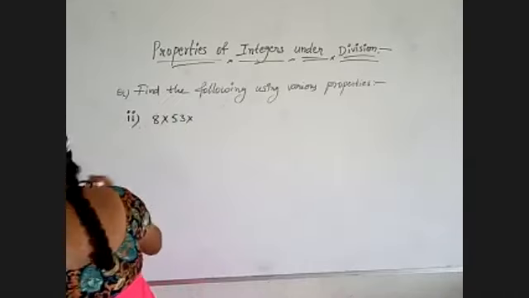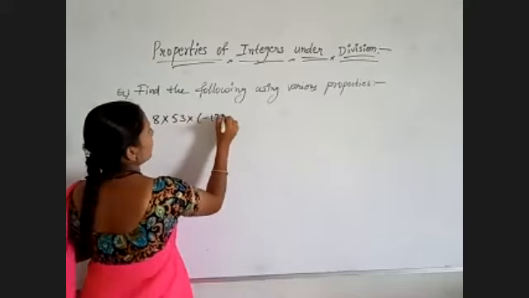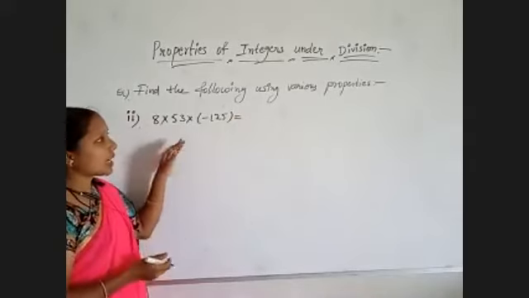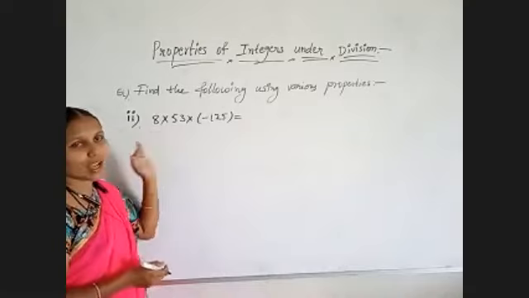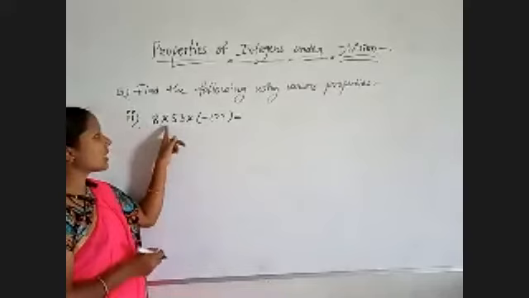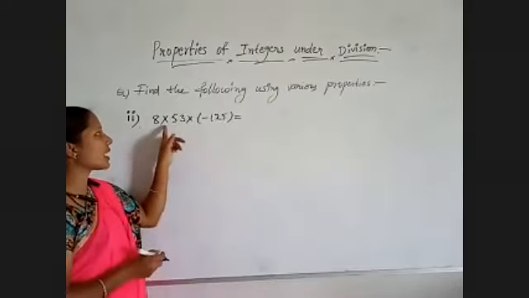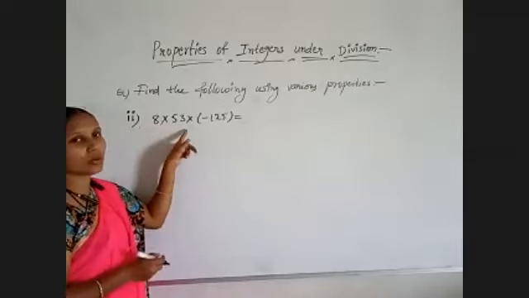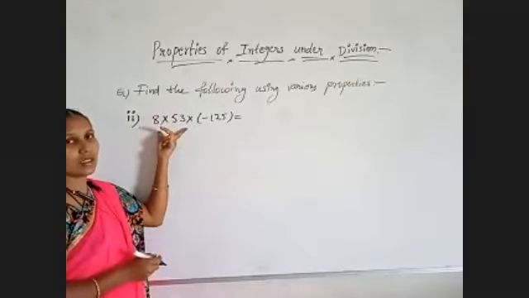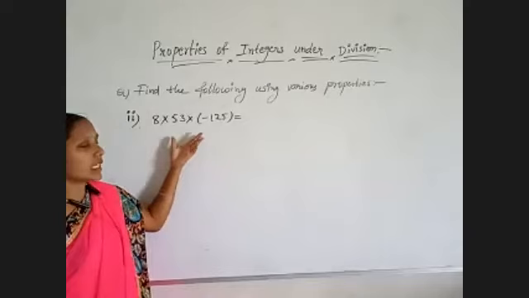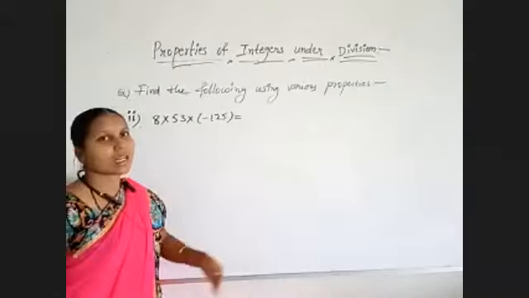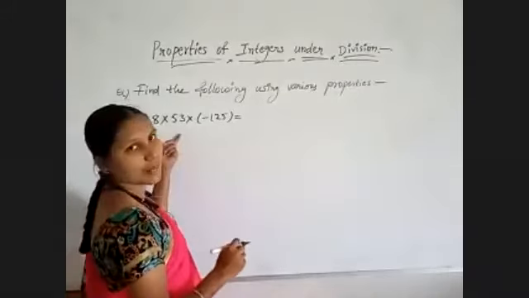53 into minus 125. So just observe. Already I told you when plus and into both combination you are getting, you need to use a distributive properties. Now observe here, in every number we are getting into only. Here 3 numbers are there. So we need to rearrange the numbers for our convenience. So by arranging the numbers, how we are changing according to the direction, these properties are coming to solve this type of problem.